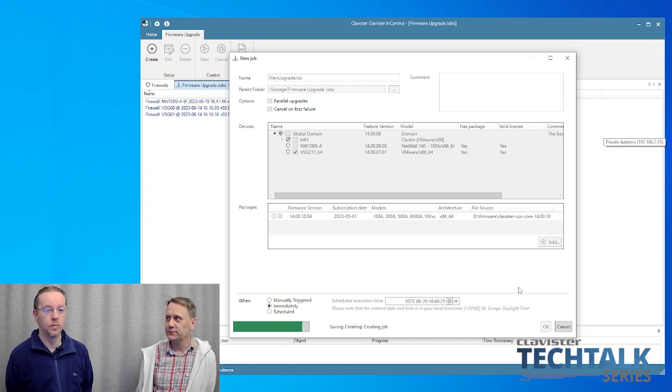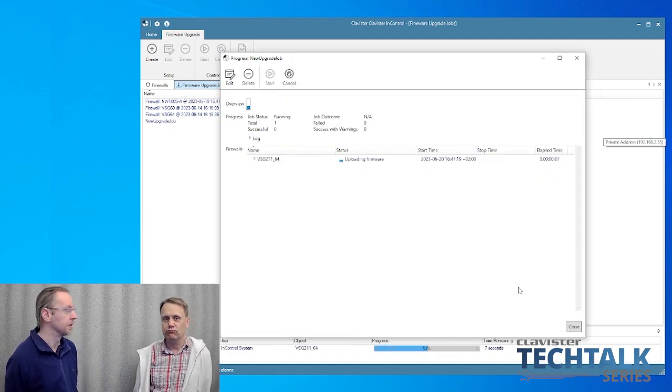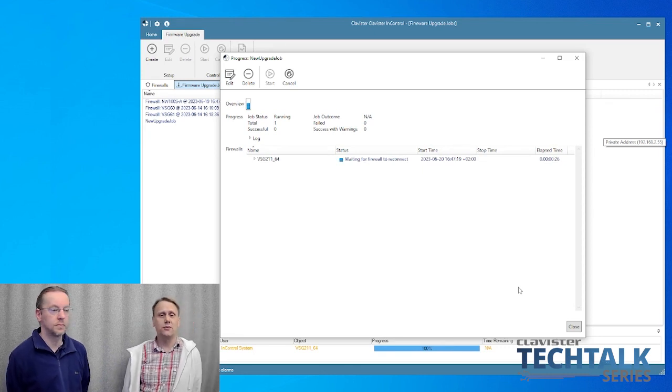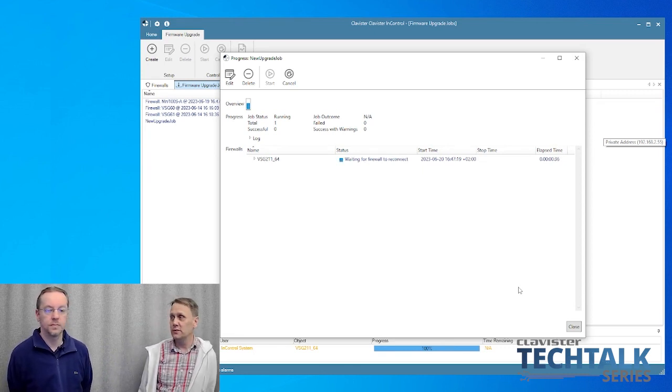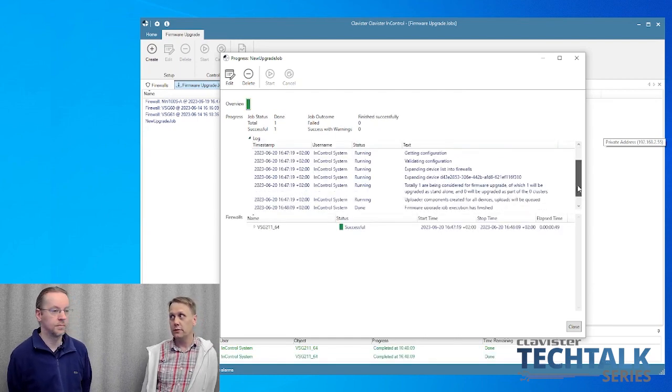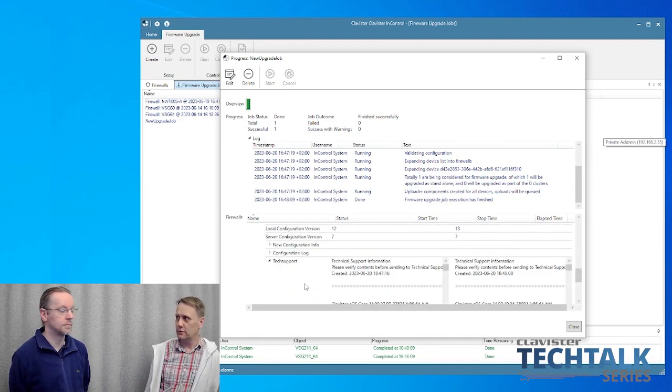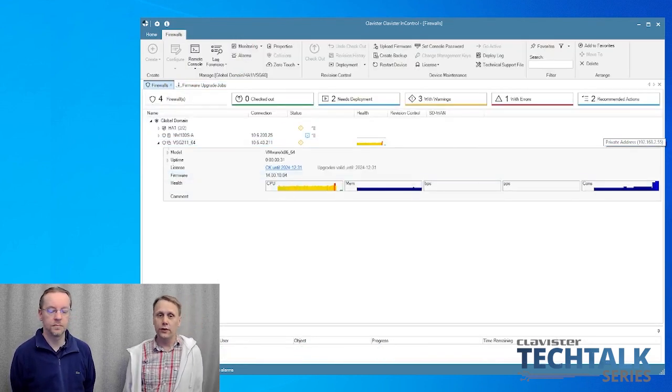This upgrade system will stop if it detects a problem. The tool also generates logs for the upgrade, so you can go in and investigate afterwards what happened during the upgrade. Was it successful? Was it not successful? Why was it not successful? Or were there warnings?